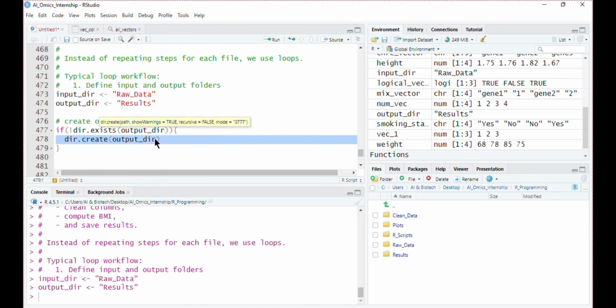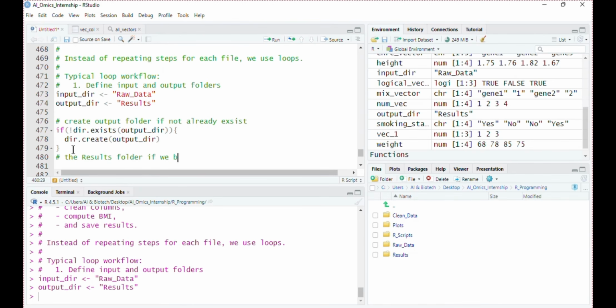R will read the value from this output directory, that is results. So the end result is the results folder will be created if it does not already exist.